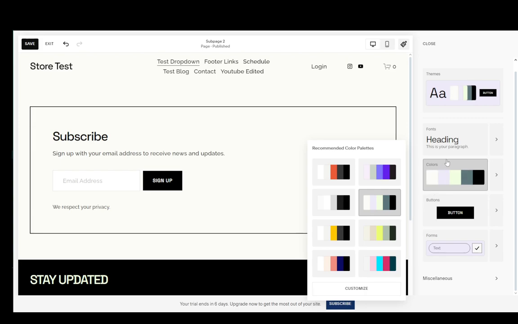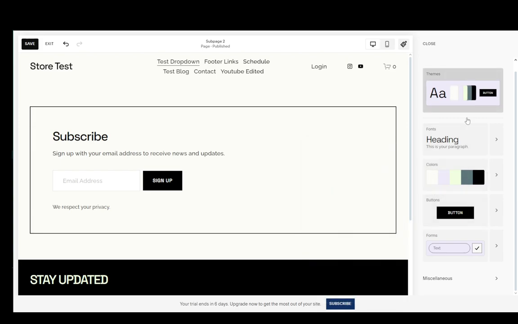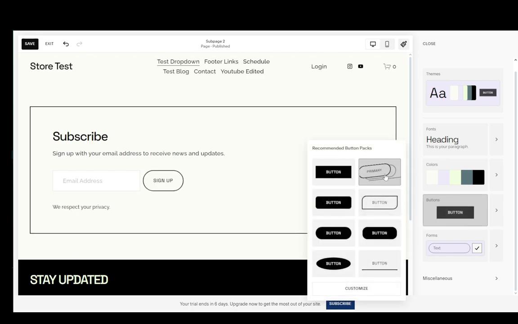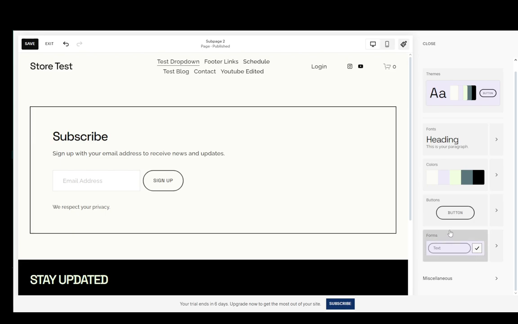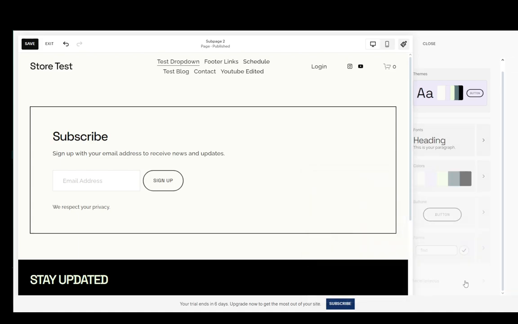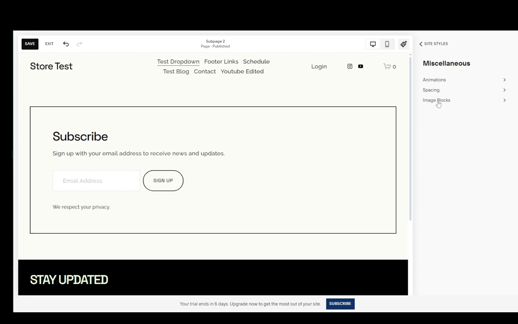You can easily select whichever colors you would like, for example, this version over here. You can select your button appearances over here. I'll select this circular one, and you can also select how your forms are going to look. For example, let's select this one right here, and you can also go into miscellaneous and set up any animation,